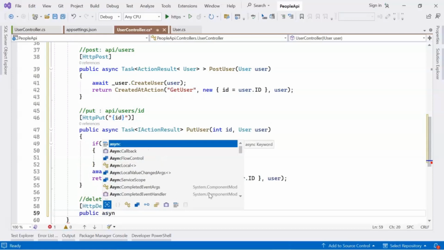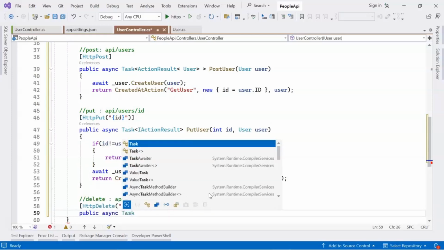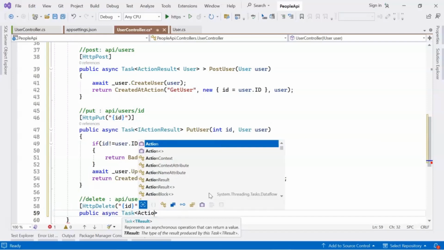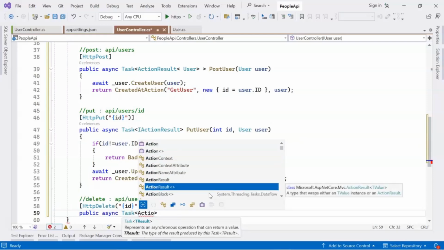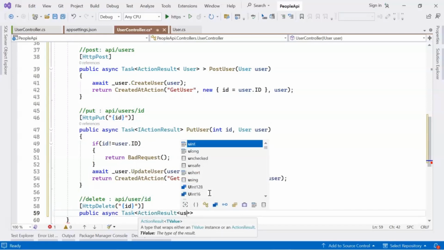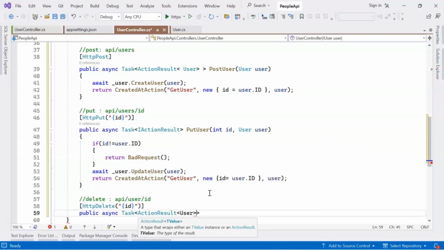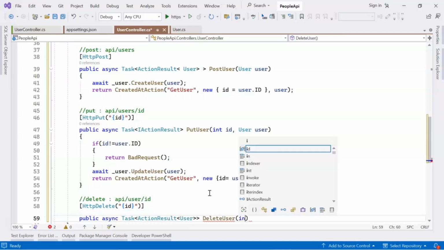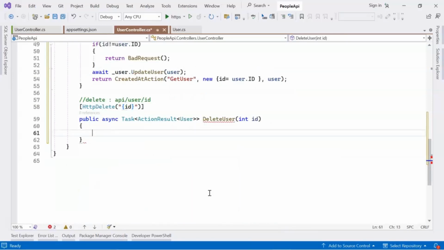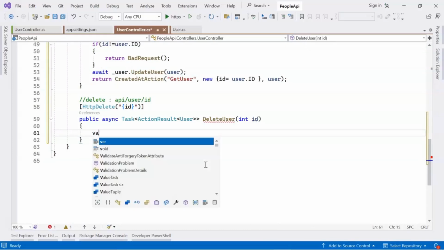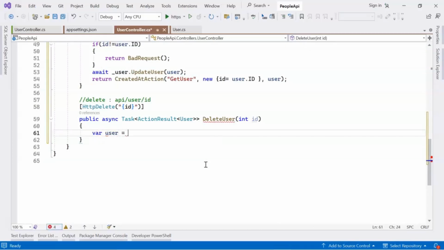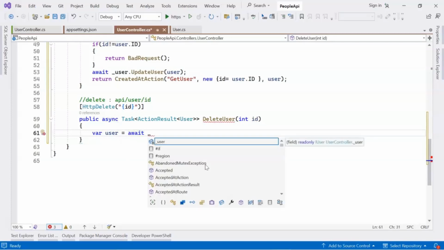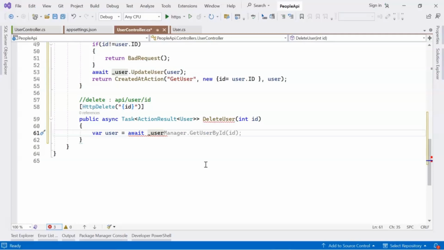Public async Task ActionResult User, DeleteUser, where user is equal to await. First we will get the user